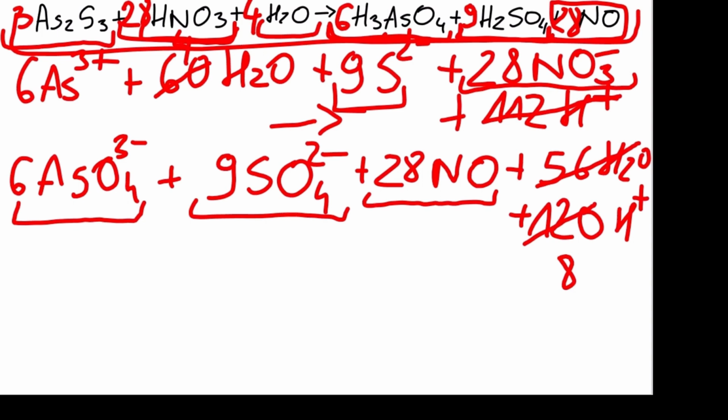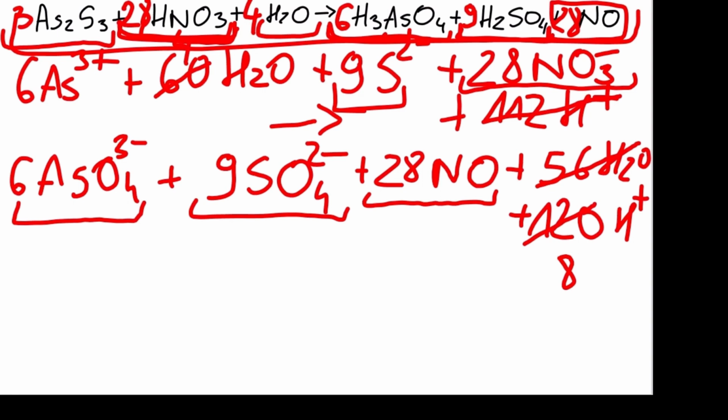What about the oxygen? 28 particles of nitric acid. In 1 particle we have 3 oxygen atoms. So in 28 particles means that we have 28 times 3. So we get 84 atoms of oxygen in the nitric acid, 28 particles. We have also 4 particles of water, so in total we have 88 oxygen atoms on the